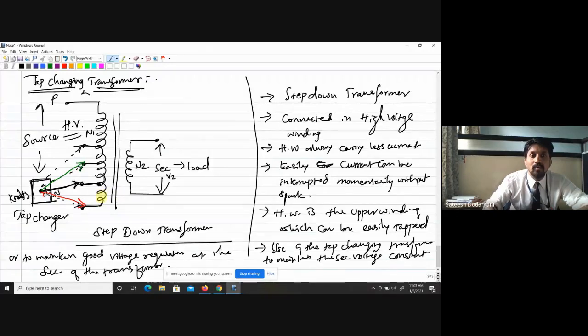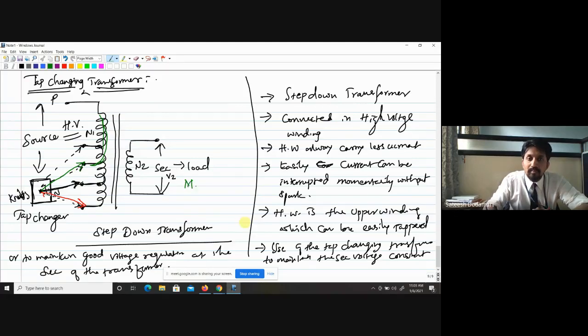Only this much winding will be connected in the circuit. That is how you are decreasing or increasing the number of turns in the primary. As you are changing the number of turns in the primary, proportionally the voltage will change in the secondary,